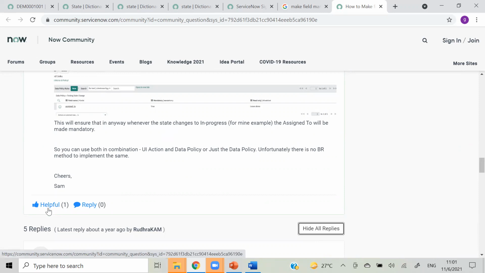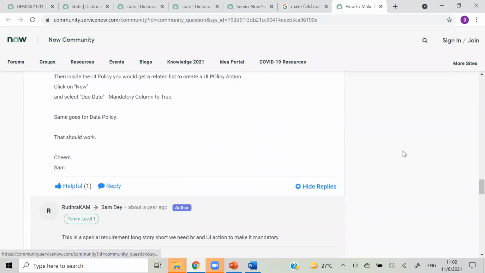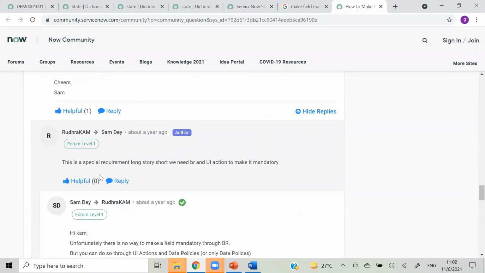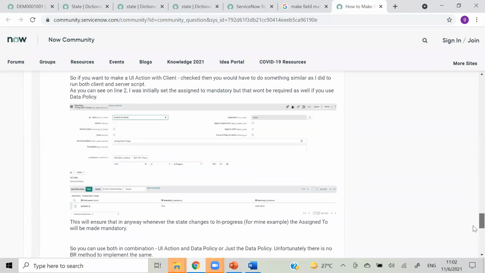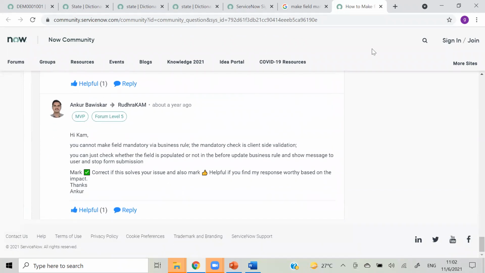If it is helpful, it means that answer is correct and was useful to the user. In the same way you can see here it has helpful again, but here it is not helpful. Okay, so if you have any question, you can raise that in the community.